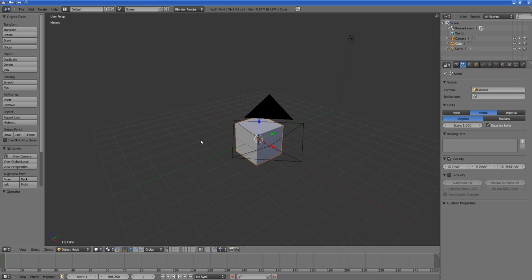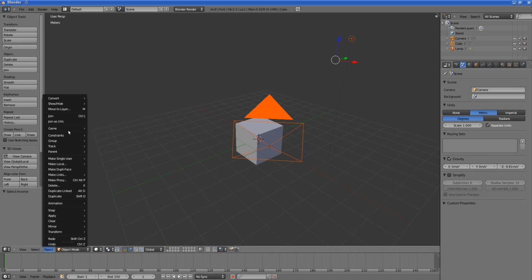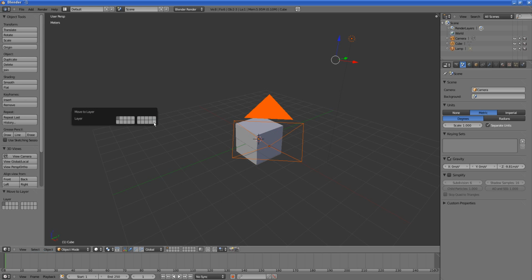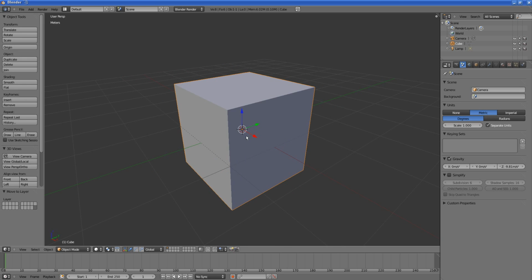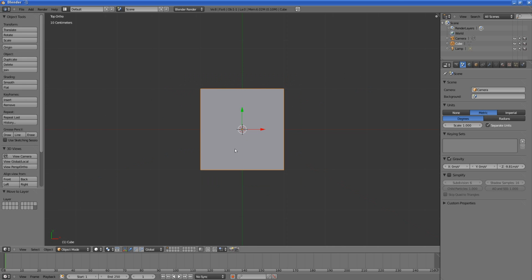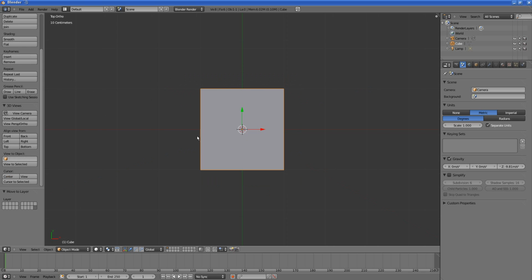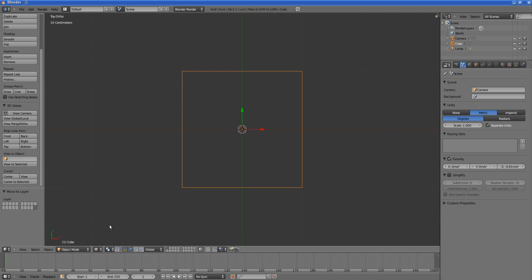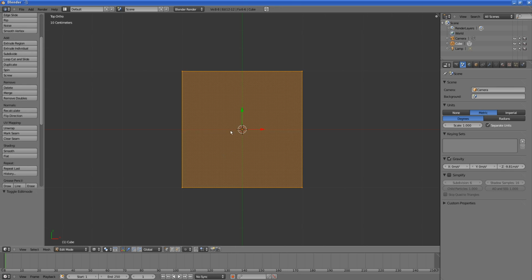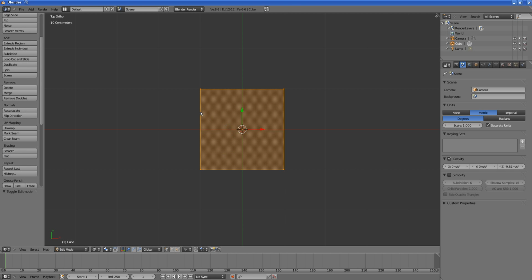So again, inverse and move these to layer number 20. Now I'll be a little quick. View selected. Go to the top view and orthographic view, and switch to the wireframe mode by pressing the Z key and press the Tab key to go into the edit mode. Deselect all, border select